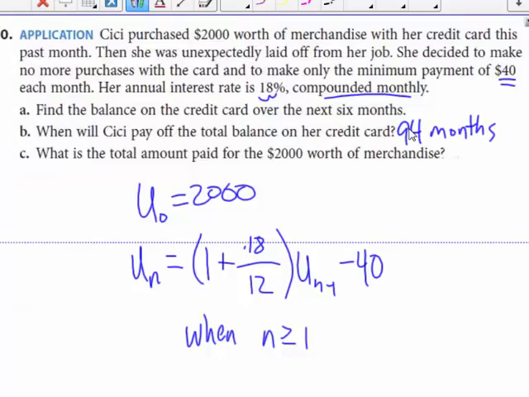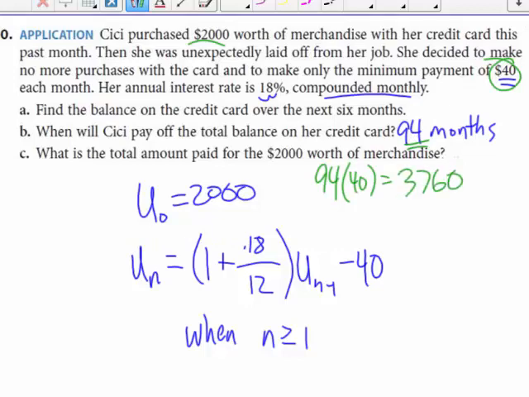Then it says, what is the total amount paid for $2,000 worth of the merchandise? Well, let's think about this. When you originally charged that $2,000, you didn't pay any money yet. But now you're making a $40 payment each month. And that happened for 94 months, right? So a lot of people think, well, let's just take 94 months times 40 bucks. And I would get what? Which is